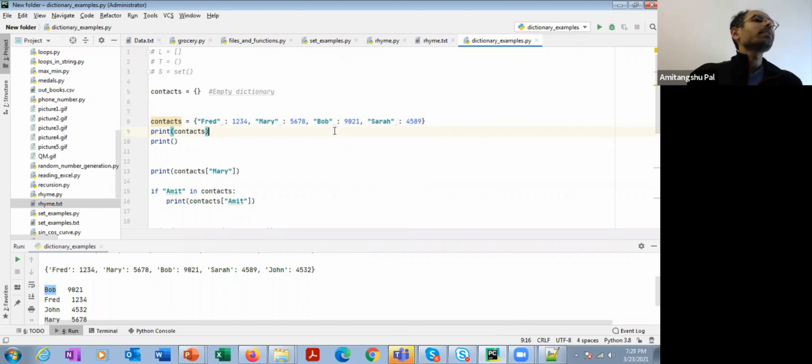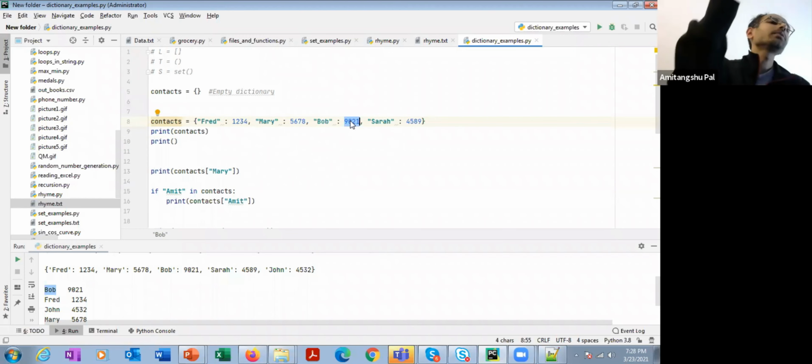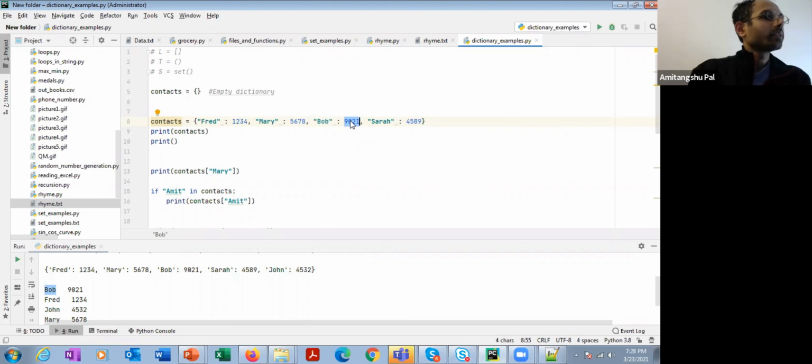So in that case, corresponding to a particular phone number, maybe this phone number is shared by 3 different people. So if I want to check who are the people whom I can reach with this phone number, it is going to return all the 3 names. So I want to search the keys corresponding to a value, where a value may be shared by multiple keys. So let's write a program to solve this problem.